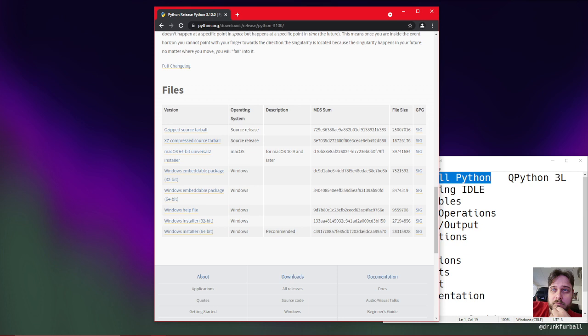So scroll down. You will see a couple of different options here. If you look for the recommended one, go for that. But be sure your computer is running 32-bit or 64-bit. If you don't know how to check that,